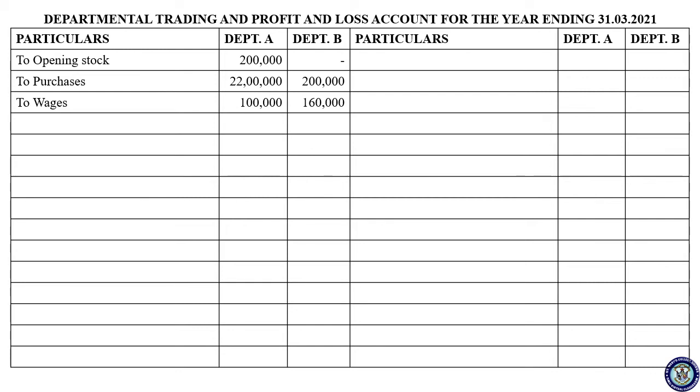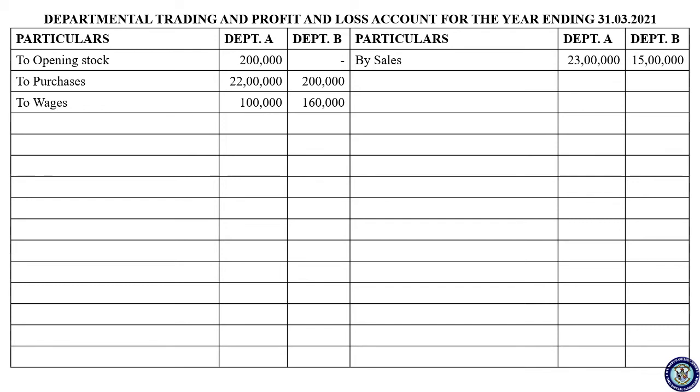Okay, after that, sales. Sales on the credit side, "By sales". Okay, next item, that is closing stock. Before we write closing stock, we have to record all the items that are to be recorded in the trading account. So closing stock is recorded at the end.